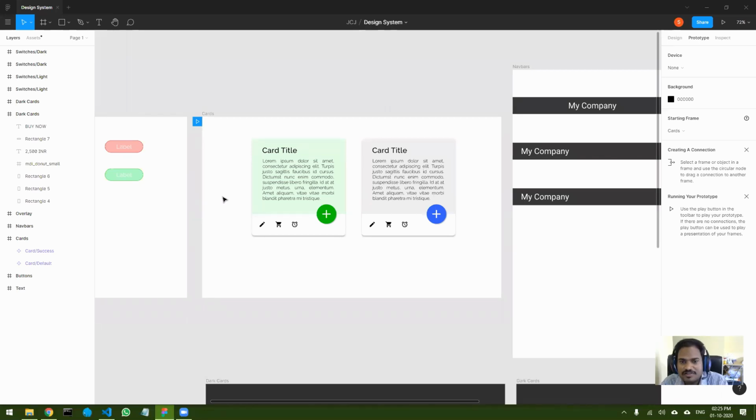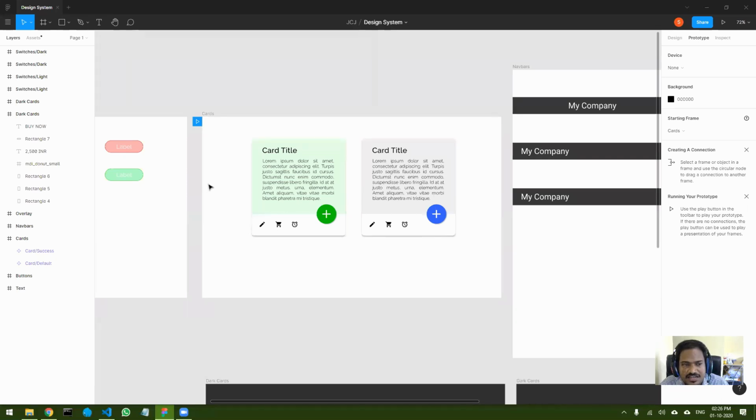Next. Getting back to the question, how many divs are required for the card? I would say 3 divs.